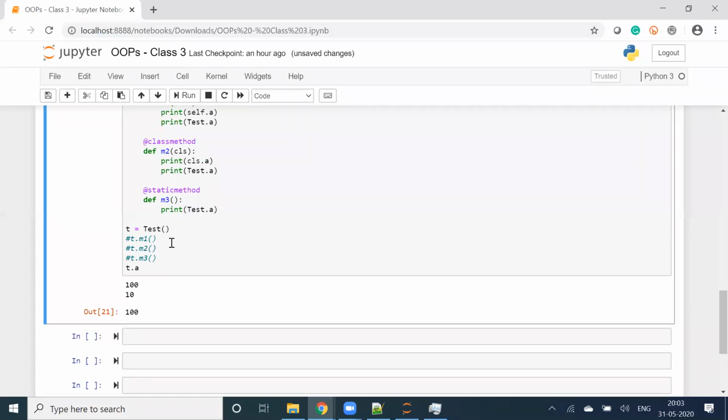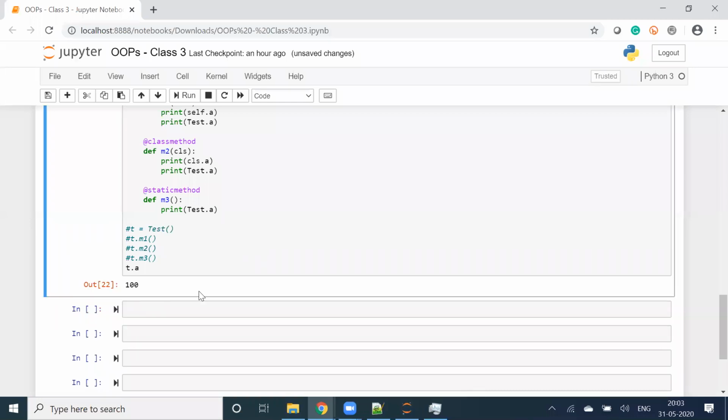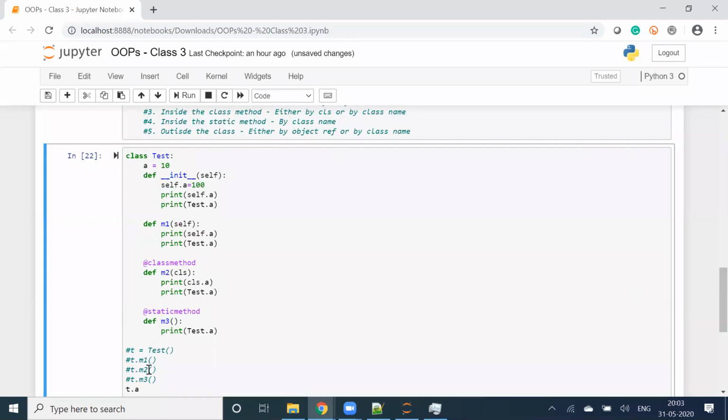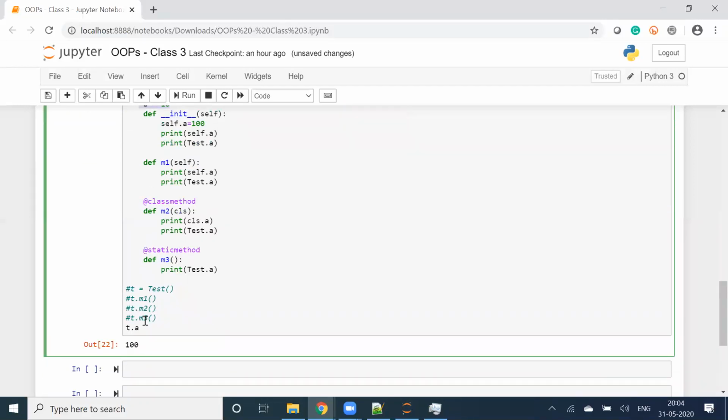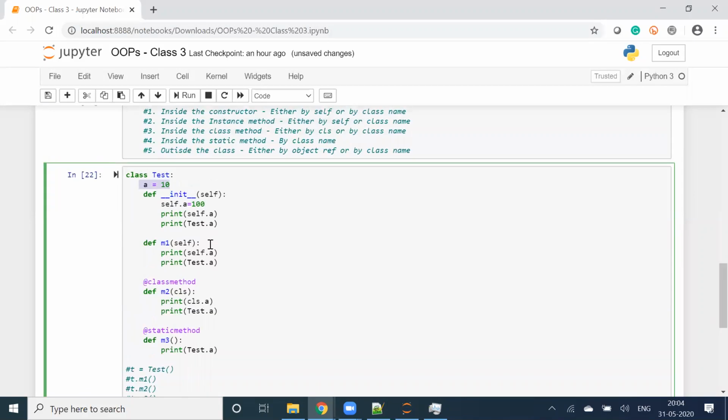Why am I getting 100? Because when I am calling an object with a variable name, if an instance variable is there with the same name as the static variable, it will give priority to the instance variable. That is why I am not able to get 10, because I already have a equal to 100.